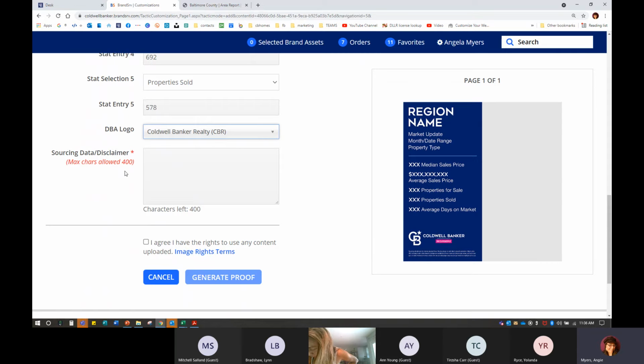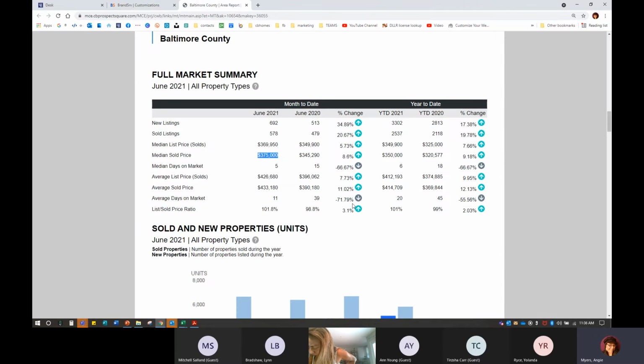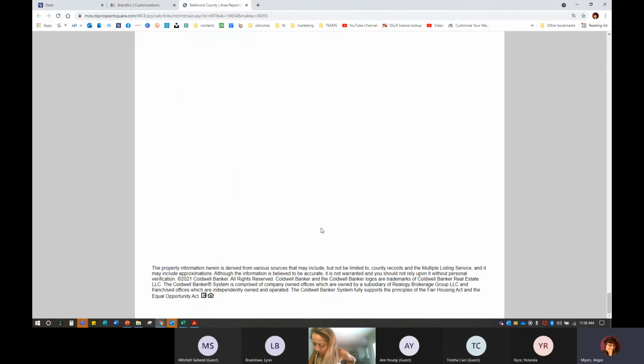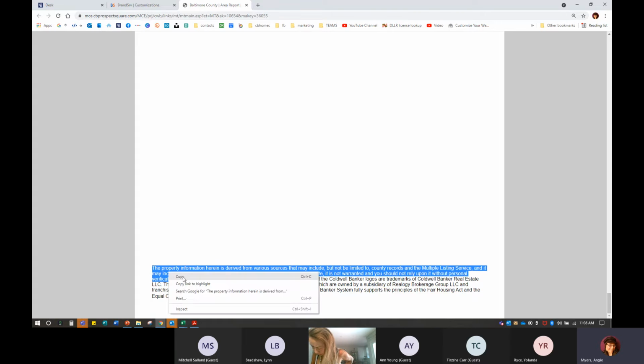Now I need some sourcing data. I have to have a disclaimer. Where is this information even coming from? I'm able to go back to my Prospect Square report, scroll all the way to the very, very bottom, and take the first 2 sentences that let everyone know